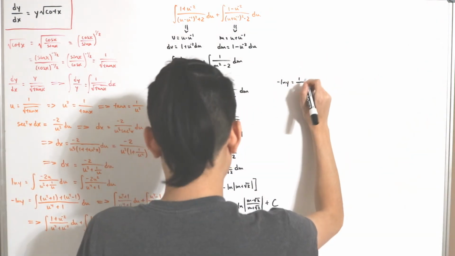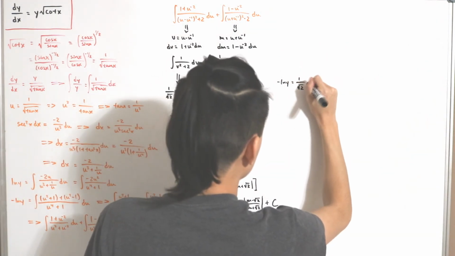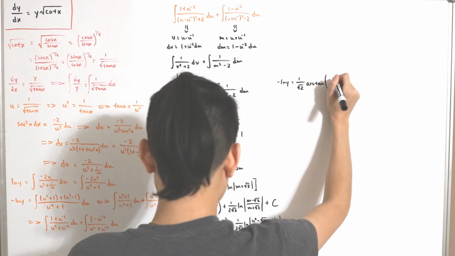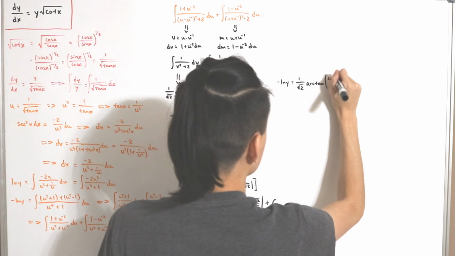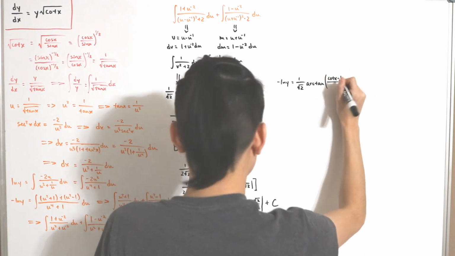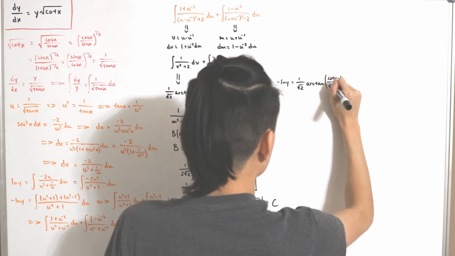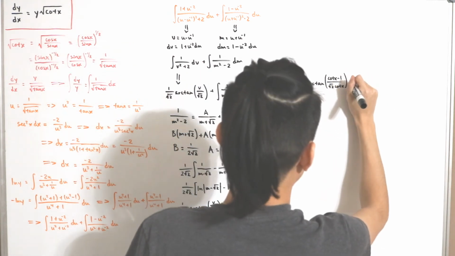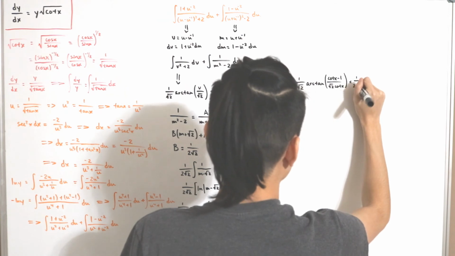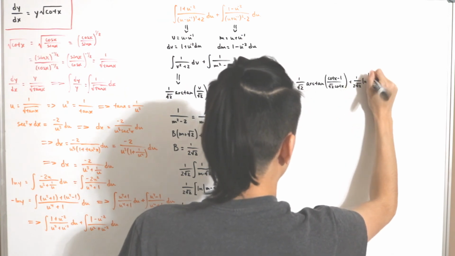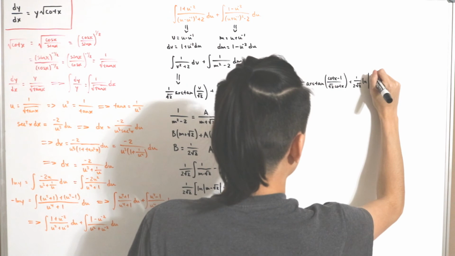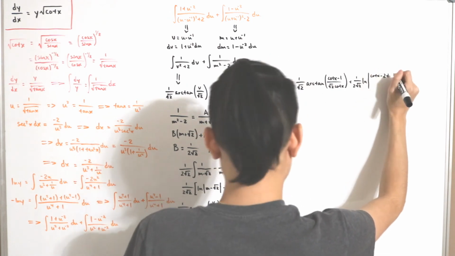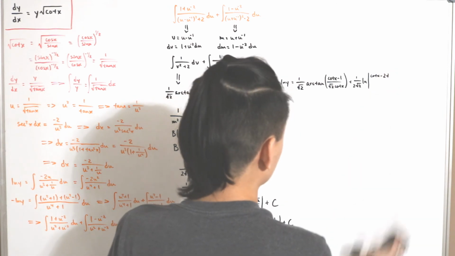So 1 divided by square root of 2 and arctan of, so u squared means this is cotangent x minus 1, divided by square root of 2 times cotangent x, and then plus 1 divided by 2 times the square root of 2, the natural log of, so this is cotangent x minus 2 times, or the square root of 2, oopsies,